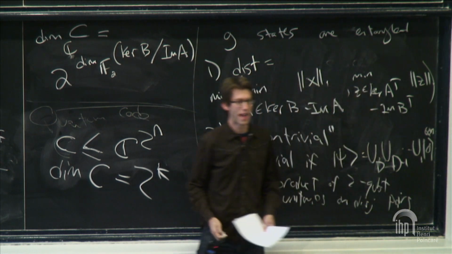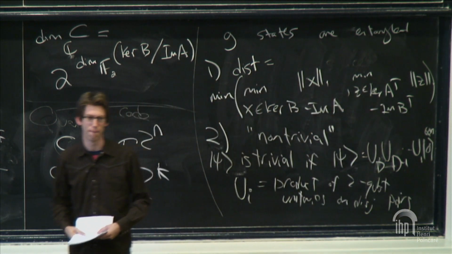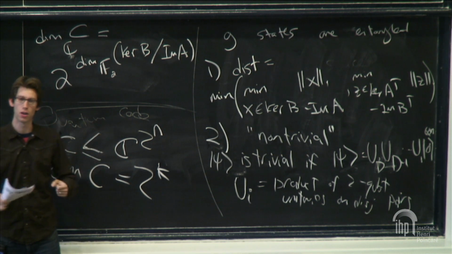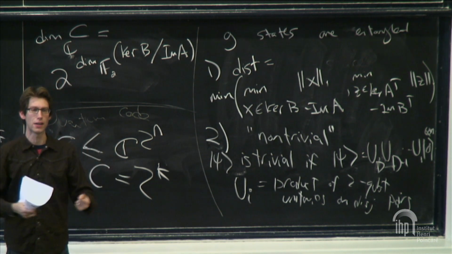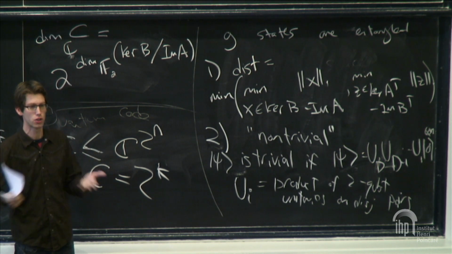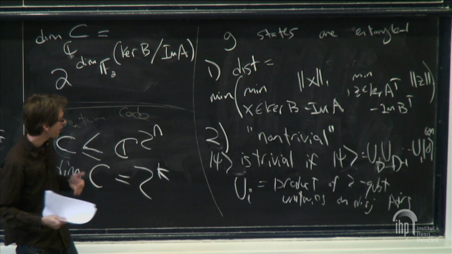This is also known as a depth d quantum circuit. So you have d layers. In each layer, you can do as many 2 qubit gates as you want, but they have to always be on different pairs of qubits. So you can do n over 2 different 2 qubit gates in each layer.